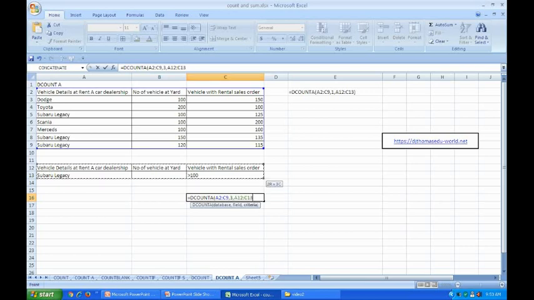Here also I will enter the criteria, that is from active cell A12 to C3, and I will enter. Now it gives the value 3, since the criteria is vehicle rental order greater than 100 for Subaru Legacy,